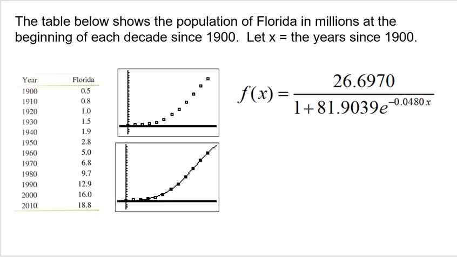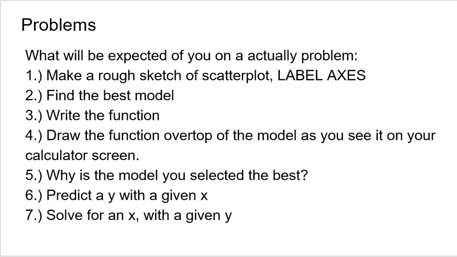And again, same thing with this one, right? I could say, all right, the year's 2020. Predict the population of Florida. So you're going to plug in 120, because 120 years from 1900 is 2020. Plug that in for X, and that's pretty easy. Just make sure you type it in correctly, and then you're going to get a predicted population. Or I could say, all right, what year do we predict the population to reach 21 million? In that case, you're going to plug 21 in for f of X and solve for X. So one way is a little bit easier because you're just plugging in for X and typing on your calculator. The other way, you do have to use some solving techniques to solve for X with a given Y. So that's pretty much a list of everything I could ask you to do because, realistically, the calculator is doing